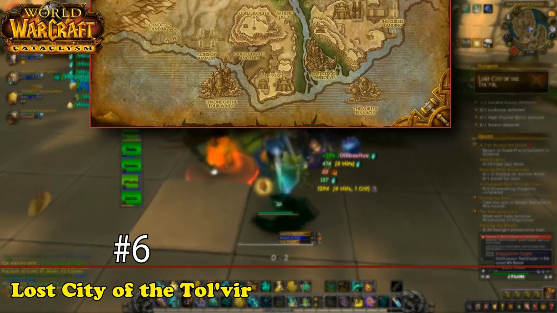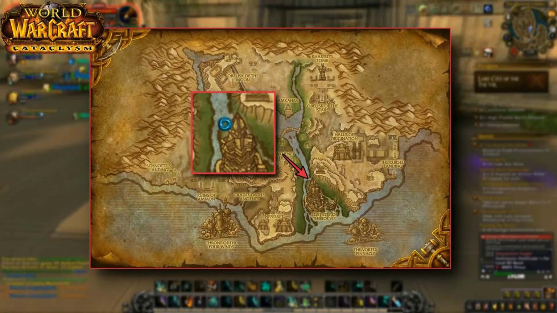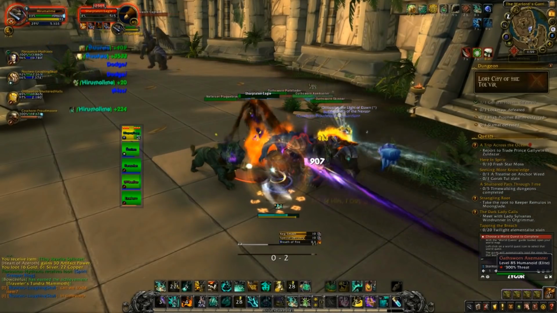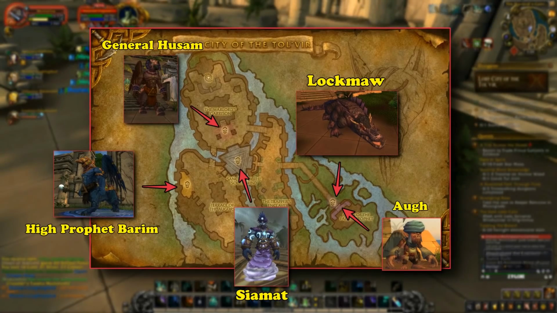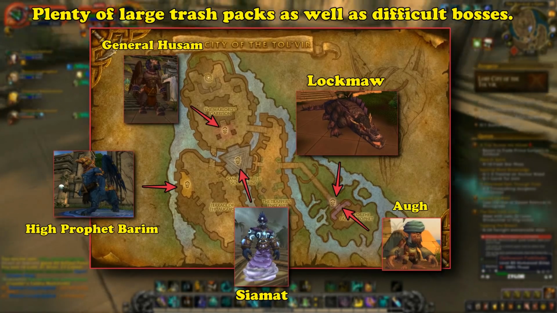This Cataclysm dungeon is located in Uldum, has players fighting off against the rogue Tol'vir clan controlled by an air elemental aligned with the Old Gods. This dungeon would make a great time-walking Mythic Plus dungeon because it's relatively compact and has some really great boss fights. The 4 boss fights can be quite difficult. Pair that with the fact that there's large trash packs all over the place, it makes for an interesting and